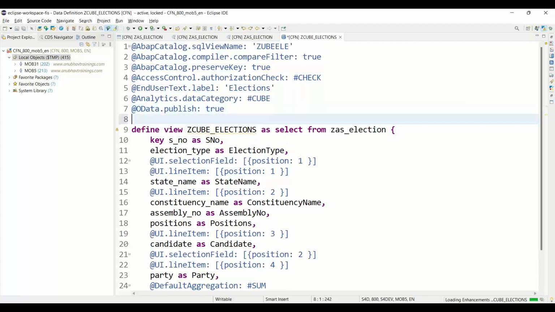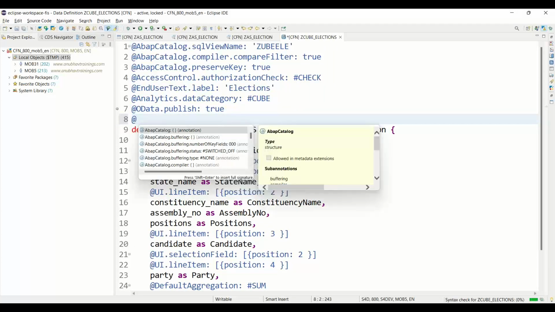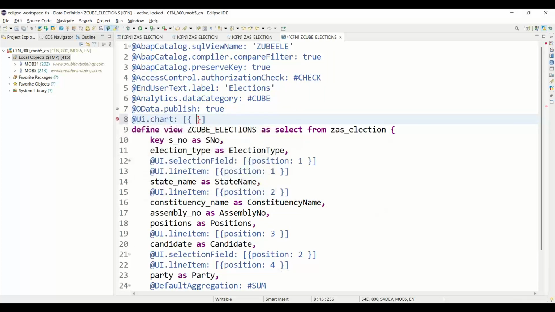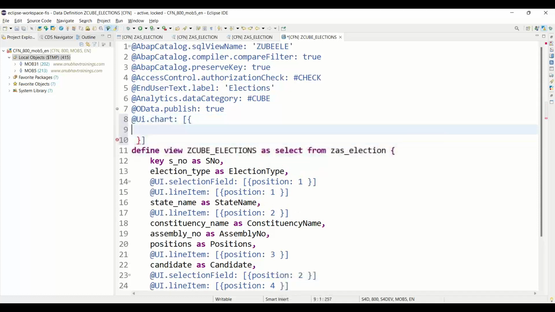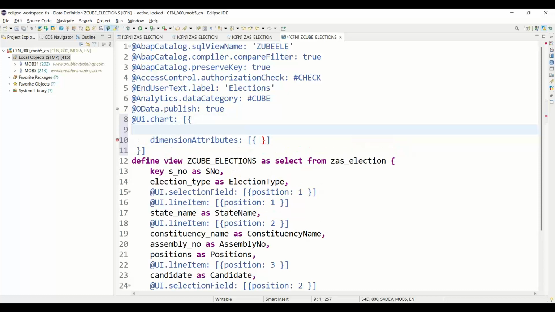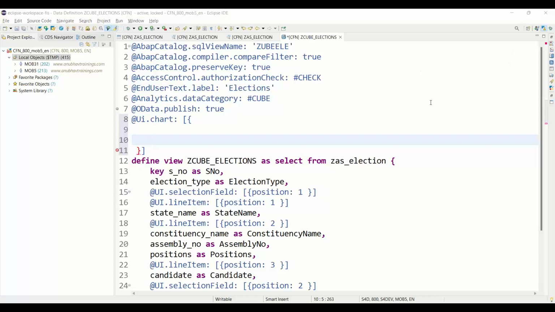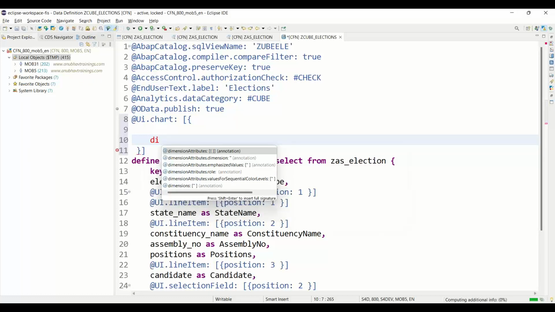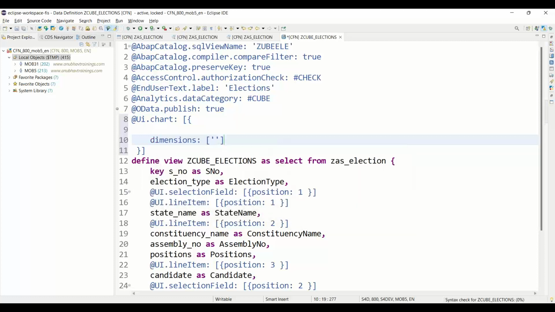Last but not the least, I want to see a chart to see how many votes have been collected by each party. So we can just add a chart here, and then inside this chart we are going to add our dimensions and measures. Dimensions and measures are nothing but the x-axis and y-axis, which we will be adding. In school days, we used to learn x-axis and y-axis. That's exactly what is called a dimension. So let me mark the dimension as party name,